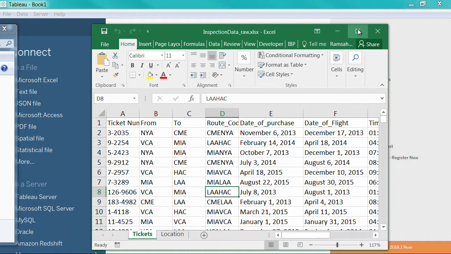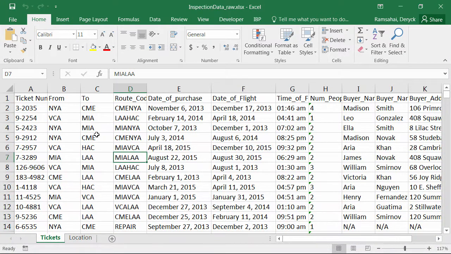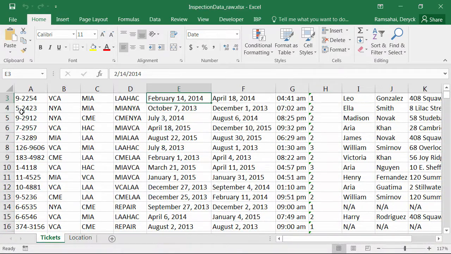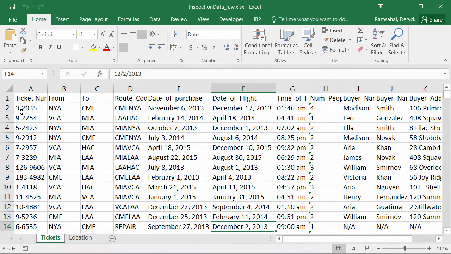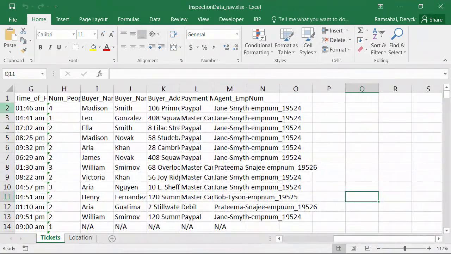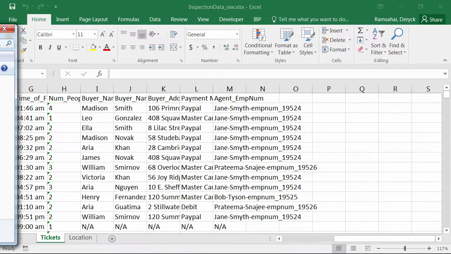So this data simulates having an airline. Ticket information represents the tickets purchased, when they were purchased, when the flight is, and who purchased them, those sorts of things. And then I also have a CSV file,